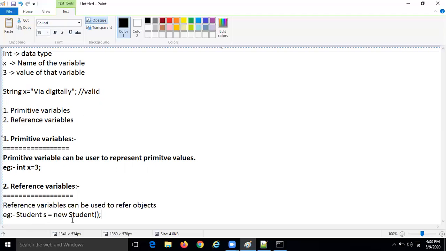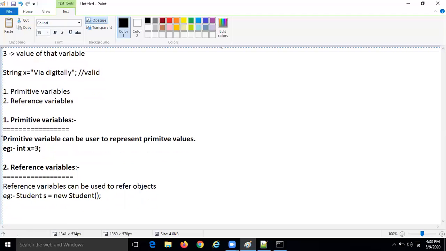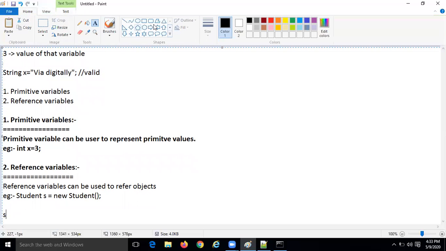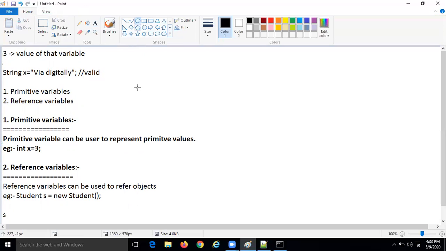So here that S object refers to some location or some memory address, it might be pointing to some address.